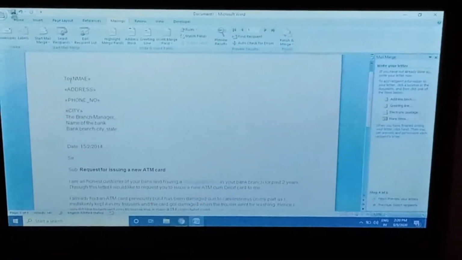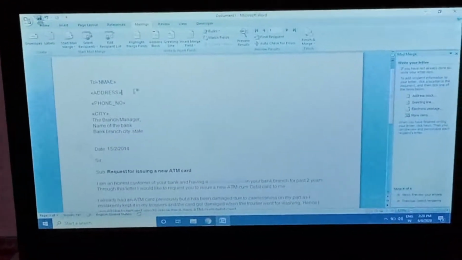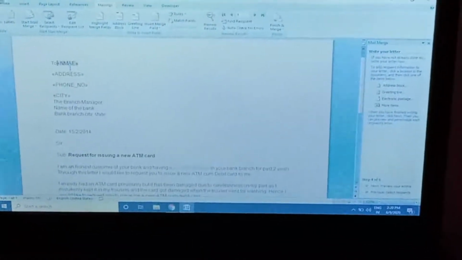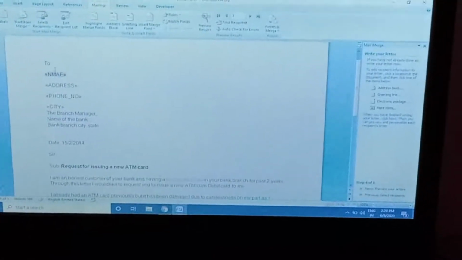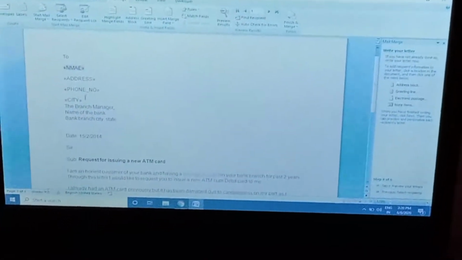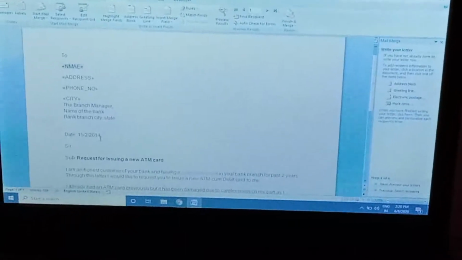All the fields are arranged in this letter: name, address, phone number, city.